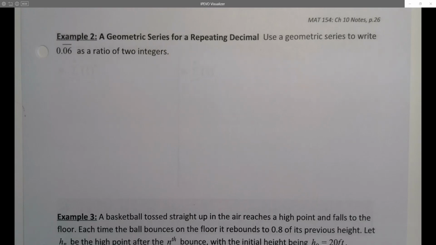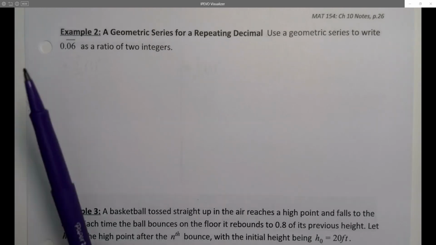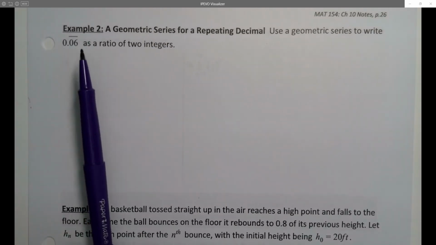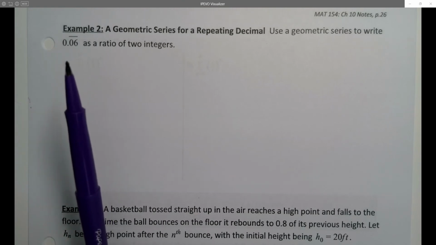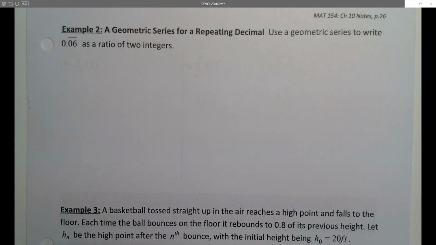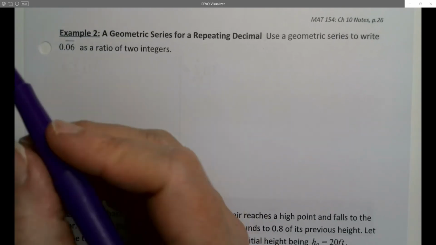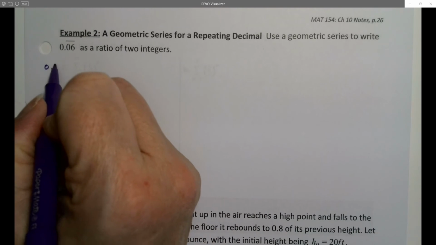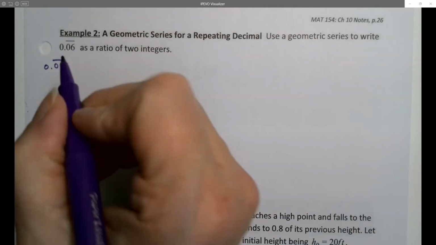So in this problem, we're being asked to use a geometric series to write the repeating decimal 0.0606060606 as a ratio of two integers. Now at first, it seems like it has nothing at all to do with the geometric series. But it does. So let me show you how. So remember that 0.06 repeating is equal to